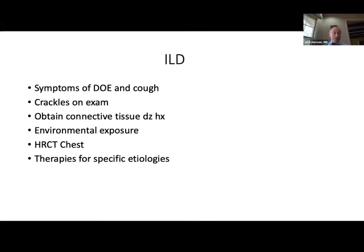If you see the classic X-ray findings in an older male with no evidence of connective tissue disease, and no environmental exposure such as asbestos or borreliosis or something that might have caused interstitial disease, then you pretty much are on sound ground calling it IPF and treating them without a biopsy. So a biopsy would not be necessary in many patients,